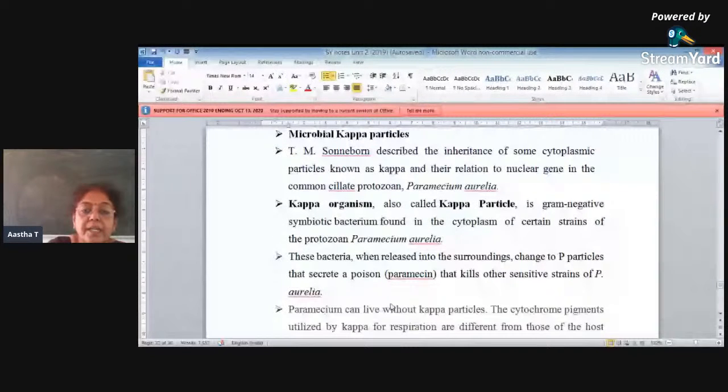The kappa organism, also known as kappa particle, was earlier considered to be a particle, but actually it is a gram negative symbiotic bacterium found in the cytoplasm of some protozoans, for example, Paramecium aurelia. This bacterium, when released into the surroundings, changes the P particles to secrete the poison. So here, Paramecium